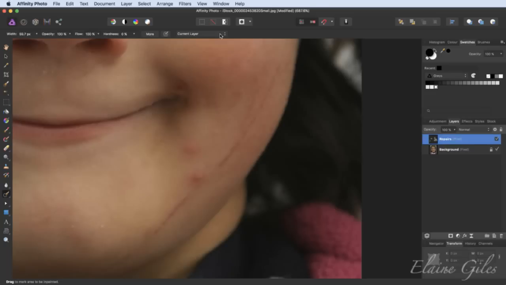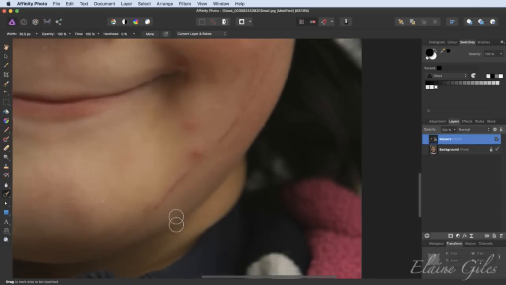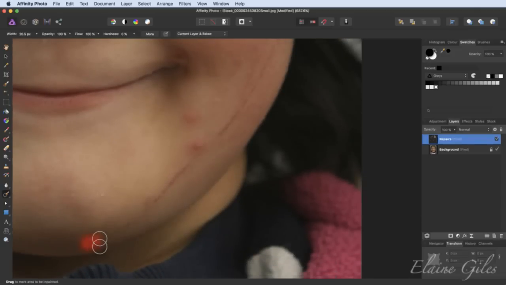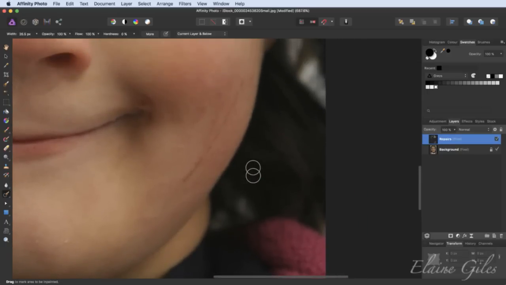I'm in there and I'm painting, and it's just going to take it from the current layer, which is my repairs layer. It doesn't have all of the pixels. So always make sure that you go and choose the layer and below. And I'm using the same keys, which is the square bracket keys, to make the brush smaller, and then I'm just going to paint onto it, paint over the top of that. I'll get rid of those spots there, and that little bit of a scratch there, and then working with the